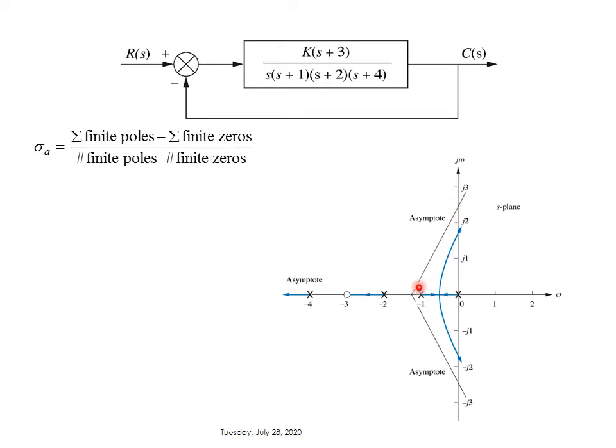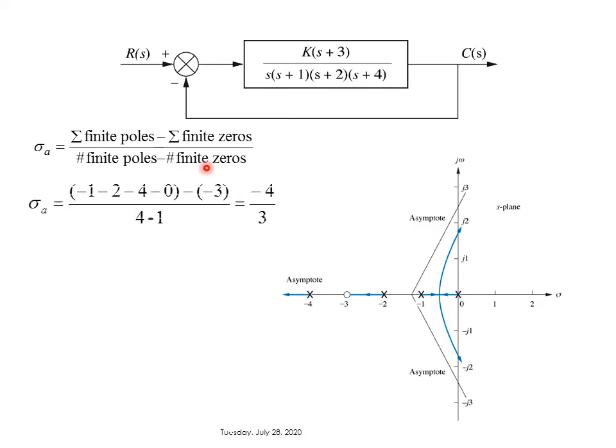If you look at the asymptotic lines, there's a point where all the asymptotic lines intersect. So that's what we call the intersection point of asymptotic lines. There is a formula to find that coordinate on the sigma axis. It is equal to the sum of finite poles minus the sum of finite zeros, divided by the number of finite poles minus the number of